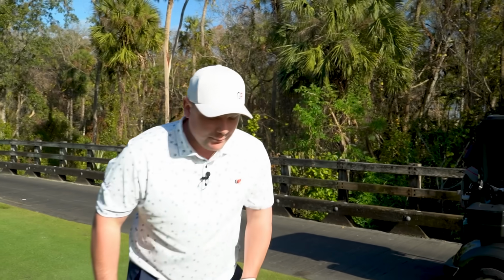Now you could probably tell with the sound there, that wasn't as good a strike. You could tell with the turf interaction, I've cut across that ever so slightly, but it's still done what I wanted it to do. It still carried the distance. It was a little bit cutty, but it's still got that distance element. Let's go one more. I'm going to tee it up this time, and then we're going to talk some numbers